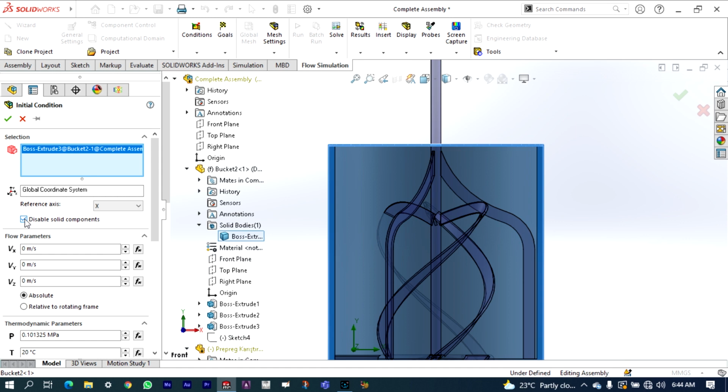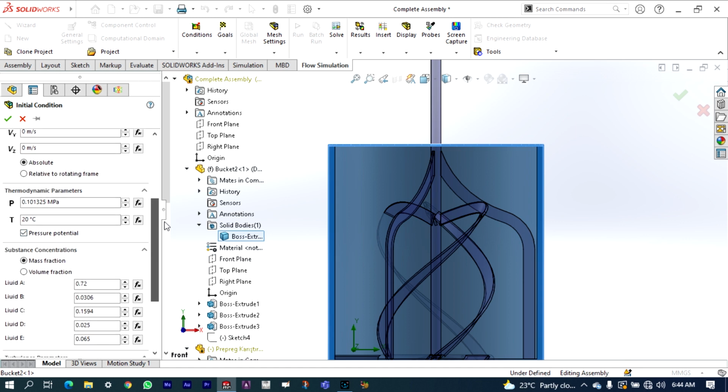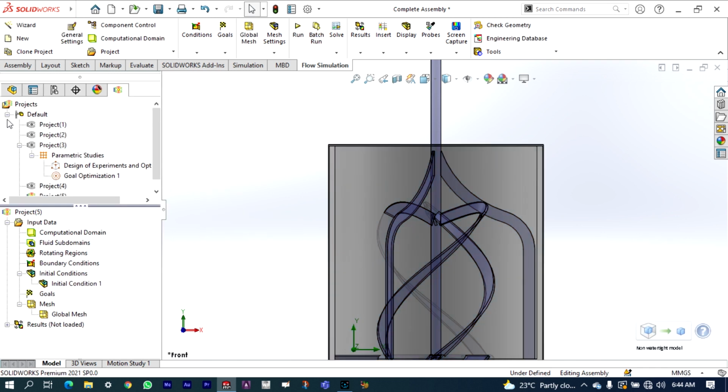So that dummy space is disabled as solid components, and that will be considered as fluid of 5 different fluids with different percentage volume. You can see here, Liquid A is having 72%, liquid B 3.06%, liquid C 15.94%, liquid D 2.5%, and liquid E is having 6.5%. And you can see the thermodynamic parameters also: pressure is 0.10325 megapascal and temperature is 20 degrees centigrade. So dummy space is selected, and that will be considered as fluid with 5 different fluids having different viscosities and